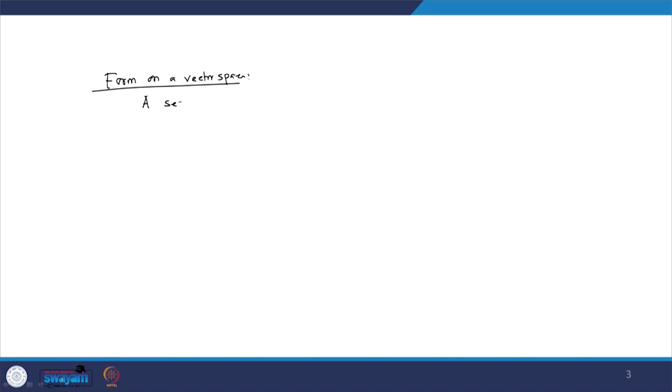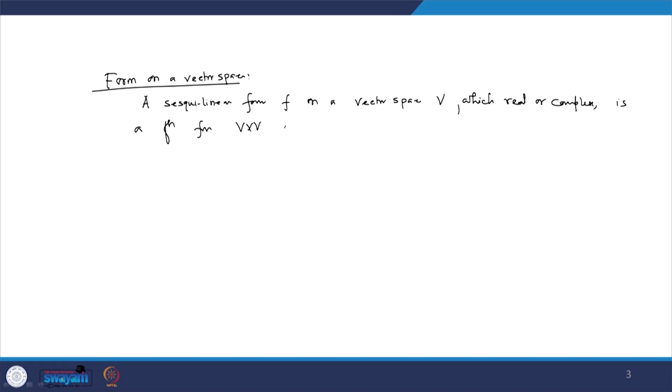A sesquilinear form f on a vector space V, which is real or complex, I mean this vector space is a real vector space or a complex vector space, is a function from V cross V into a scalar field,